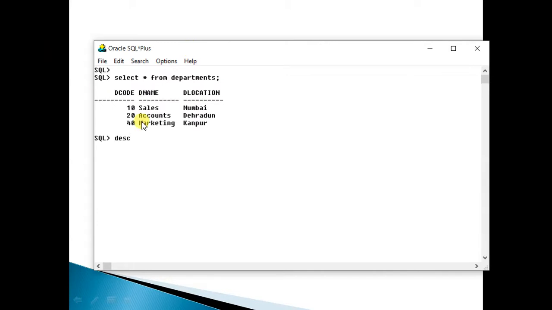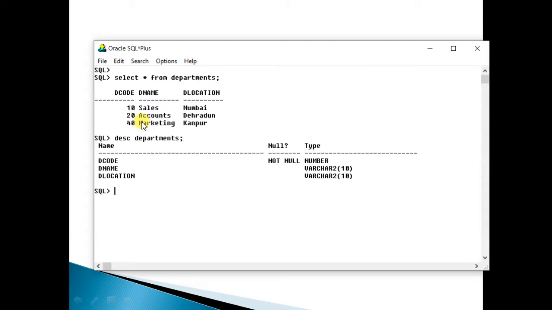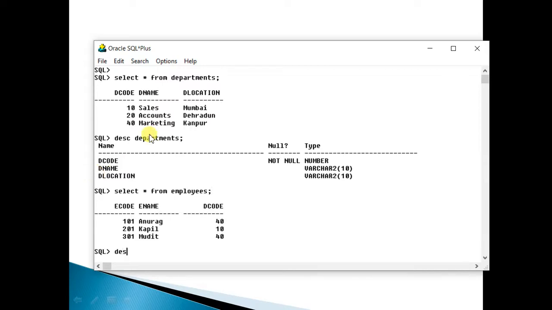If you describe departments, okay, and there was one table called employees, and in this table deptcode was the foreign key for this deptcode.